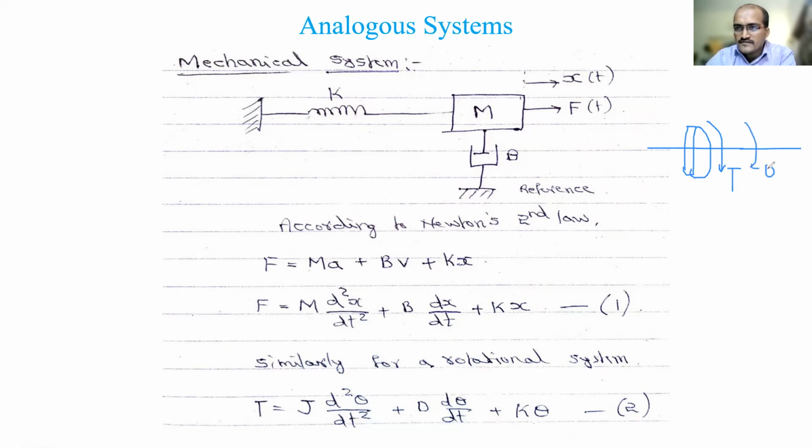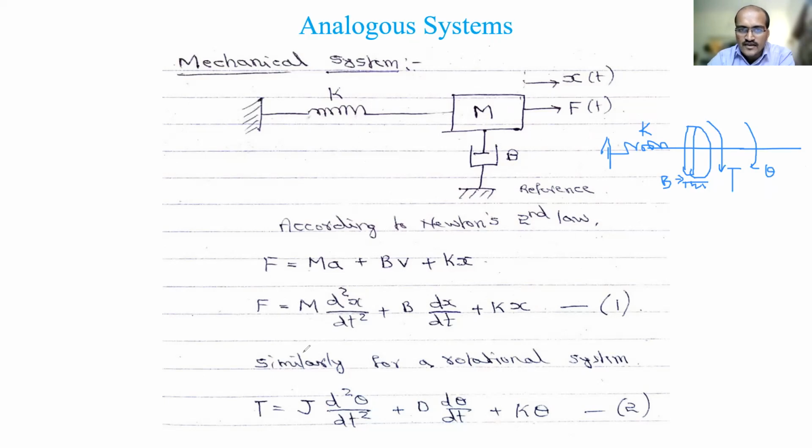This wheel may have friction with some other component, so we call it friction here. And if this wheel is connected to another one, it is called a torsional spring, like this. Same comparison, I am drawing this figure. The spring is again called K. In the place of M you have the T, the friction is B and the displacement is theta.